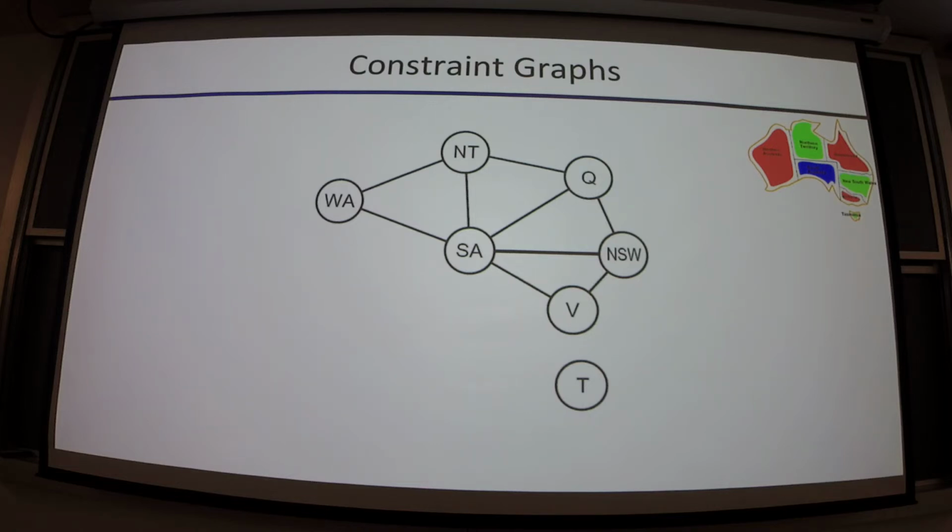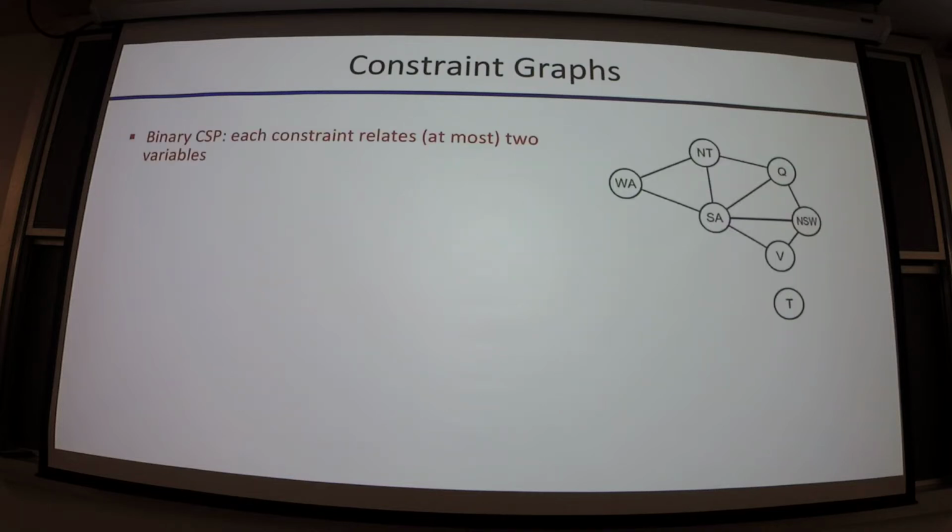Binary constraints, that's what we're looking at here. They take two variables and operate on them, right? But you can have constraints that operate on 3 or 4 or however many, okay? But in this simplification, we'll say there's an edge if there is a binary constraint between the two variables. So in our case here, we have our states in Australia. Each one's a node, and if there's an edge, that's because they're adjacent and there's a constraint that says they can't be colored the same thing. As I mentioned, this is a subset of CSPs called binary CSPs, where each constraint relates at most two variables.